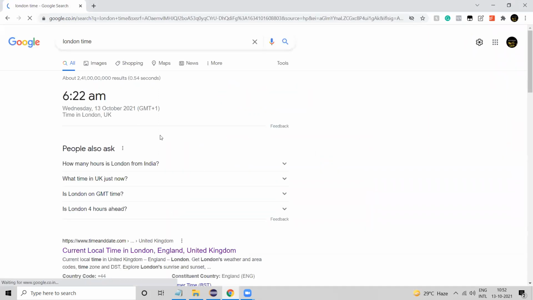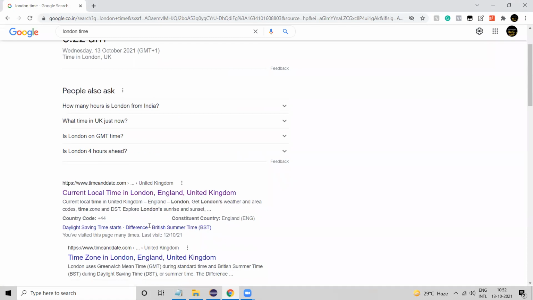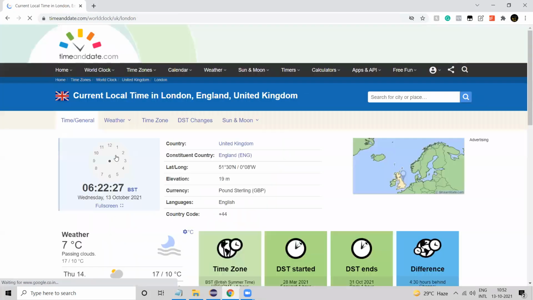If I click on enter, it navigates to the search page. From here I want to click on the first link. If I click on the first link, it navigates in the same window only. But I don't want this, right? I want this link to open in a new window, a new tab.